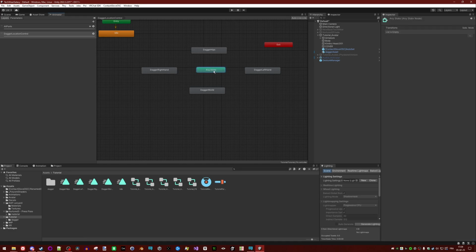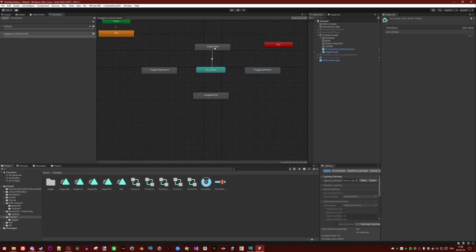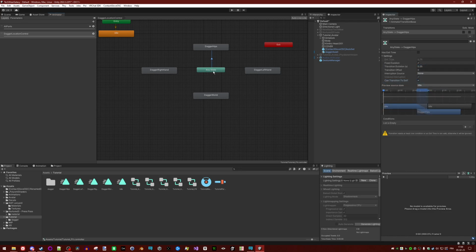So here we will drive the location of our dagger with the parameter we created, dagger location. So right click from any state to dagger hips. Since we're working with any state, for every single transition we'll make, uncheck can transition to self, otherwise it will just loop endlessly.